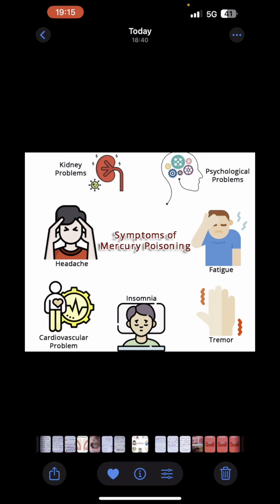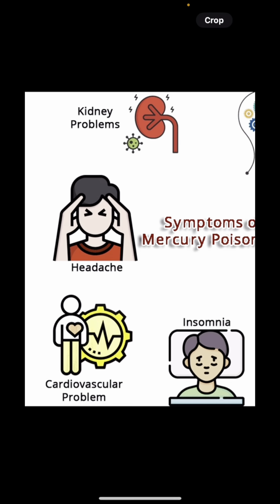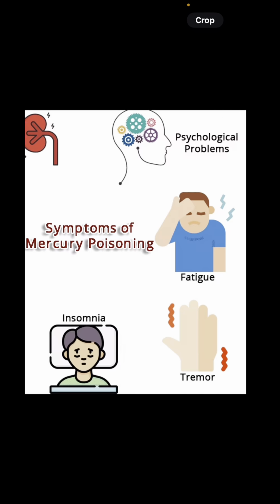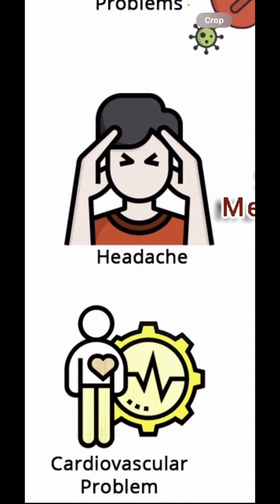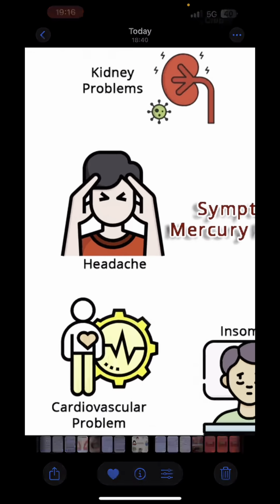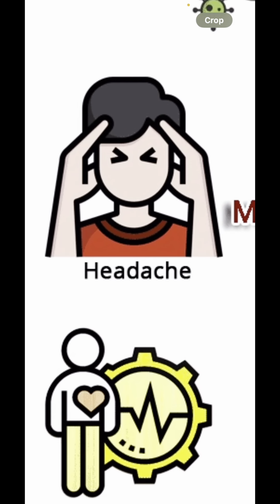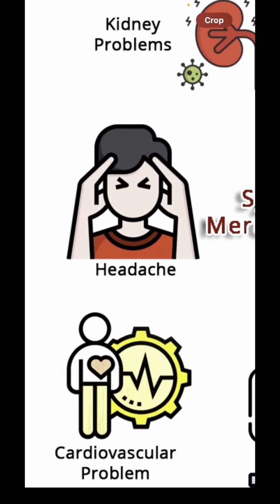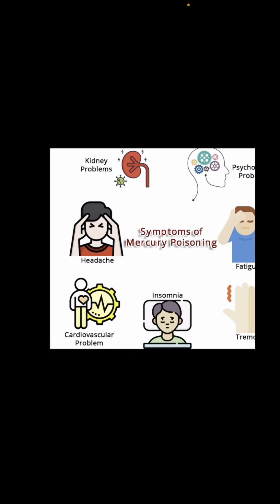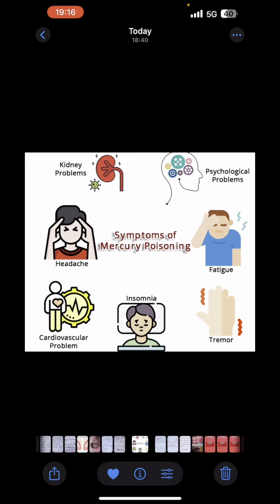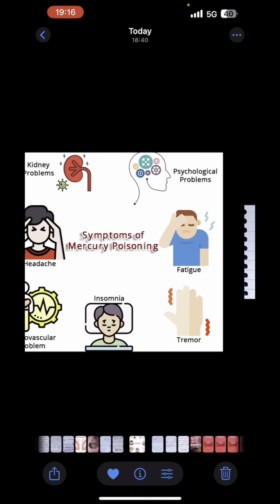Here are the symptoms of mercury poisoning. If you want to see it in a photogenic way, there will be kidney problems, severe headache. By the way, severe headache also occurs in subarachnoid hemorrhage. The KROK question says something like the patient is agitated, the patient wants to run somewhere, and this occurs in subarachnoid hemorrhage. Also, we can remember that in mercury poisoning there is fatigue, tremor, insomnia, cardio problems, psycho problems, kidney problems. A lot of things are there.